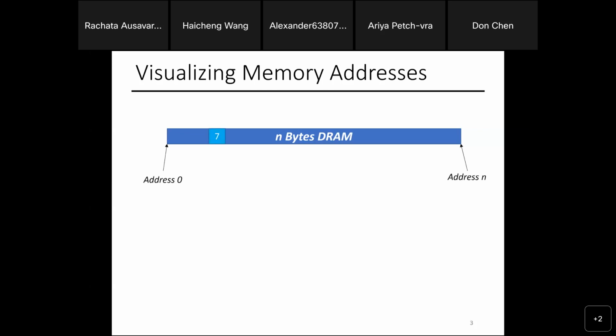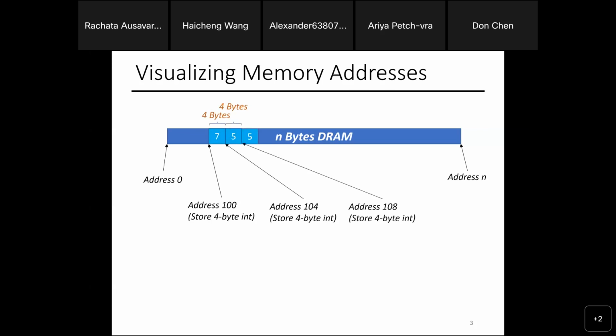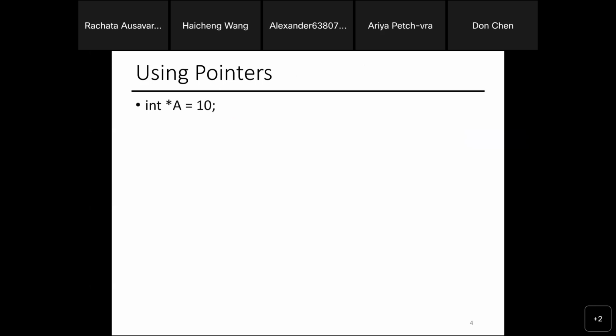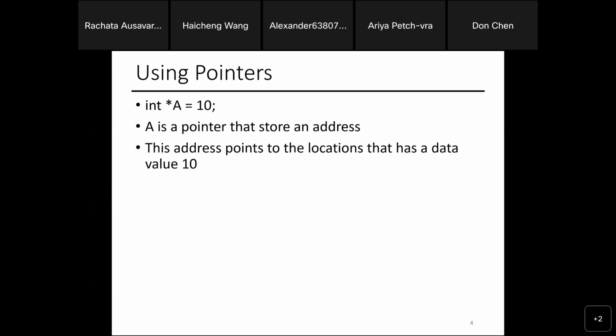And the way that works is those addresses will be inside DRAM next to each other. So if it's an integer array, and let's say the first item starts at address 100, the next item will be at 104, and the next item afterward will be at 108, right? Then we talked about pointers, which store the address. The address will point to the location that has the data, in this case the data value of 10, right? So star is the dereference operator.